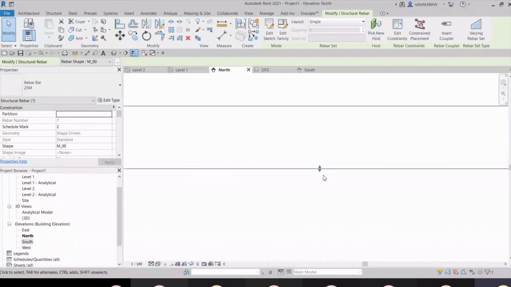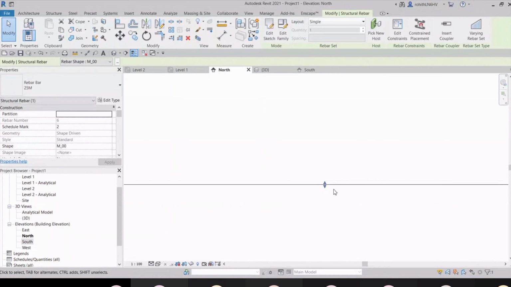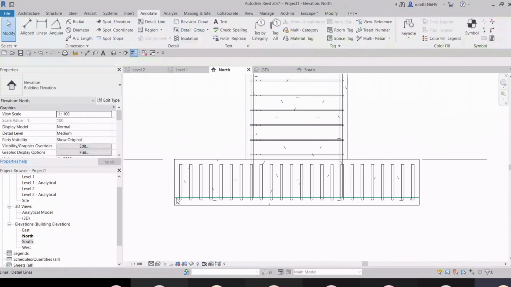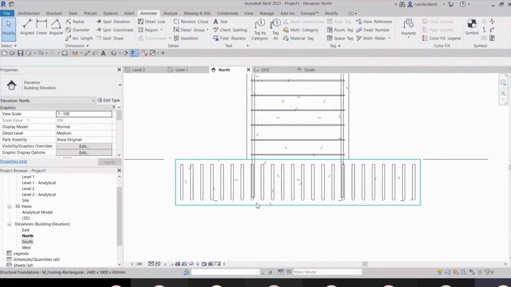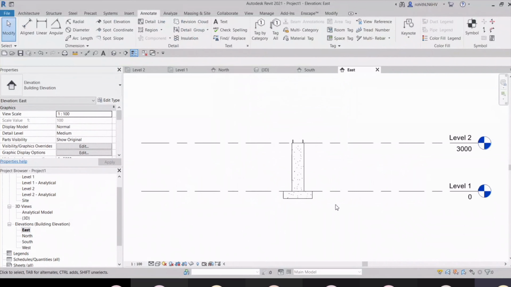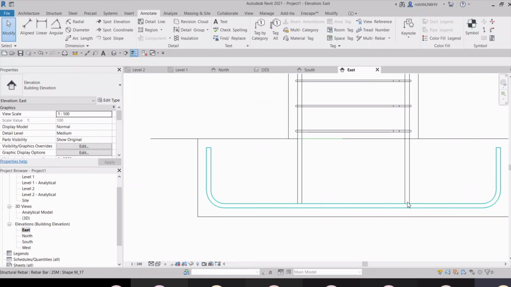Yeah, now it's fine. And for this also. All right, and then you can delete this detail line. So you can create a detail line for your reference, and that is placed. Now you can go to any view there, and now let me go with this wireframe, and there you can see this is properly placed over there, right?